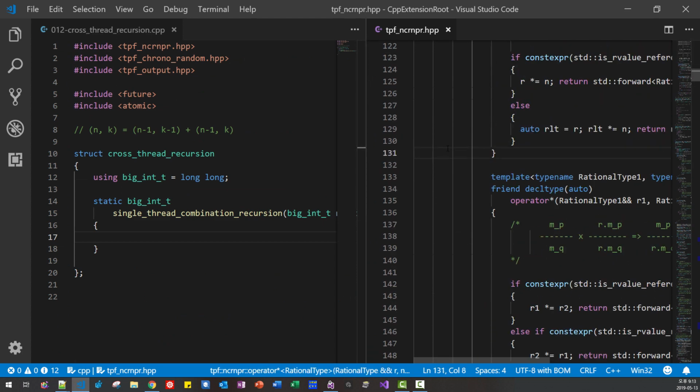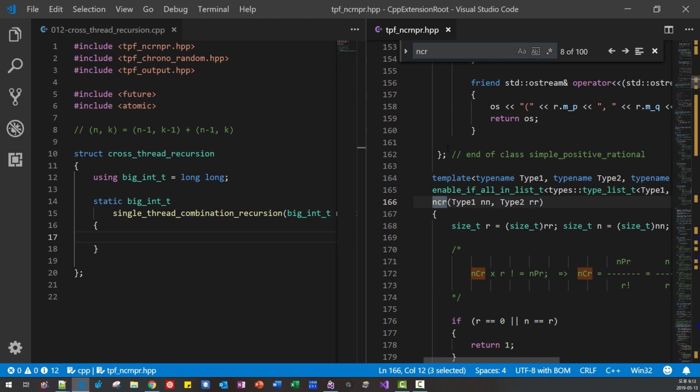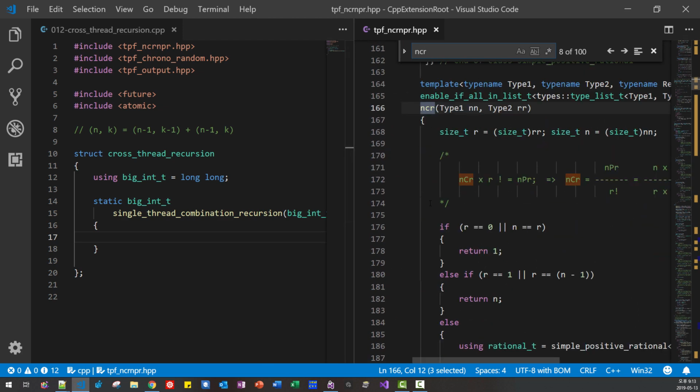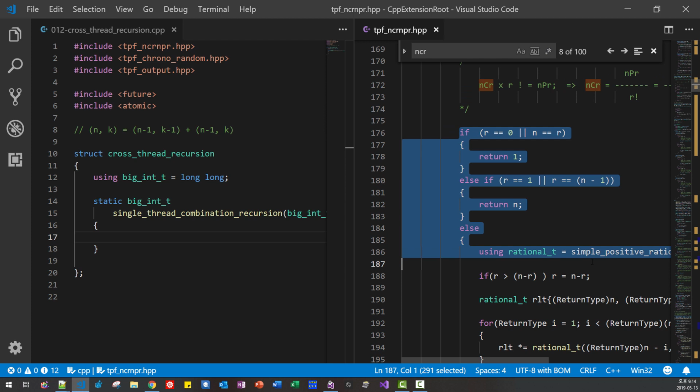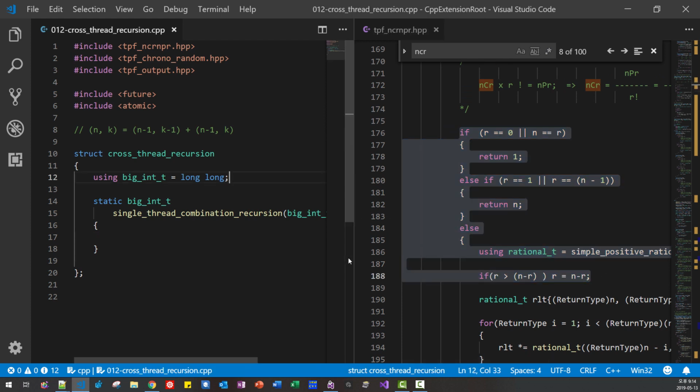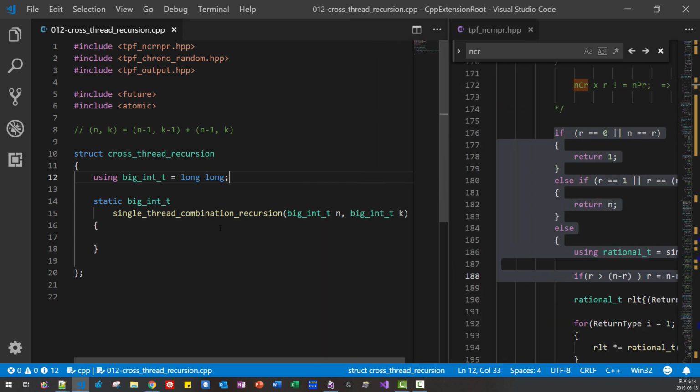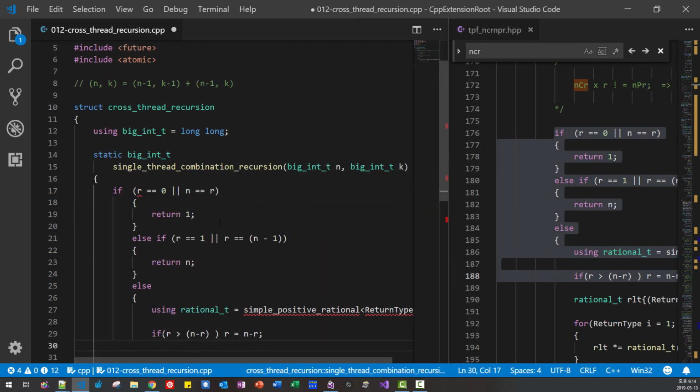So I will find NCR. We will be using the starting part. I will copy like this up to this point. I copied and pasted it here.